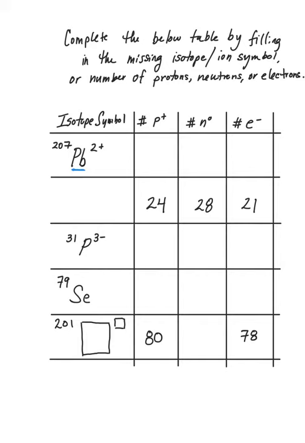And we can find the number of protons from the atomic number listed on the periodic table. The atomic number of lead is 82. So we know that no matter what version of lead we're dealing with, we've got atomic number 82. And lead has 82 protons in its nucleus. So we can always identify numbers of protons straight away, or use the number of protons to identify the element's